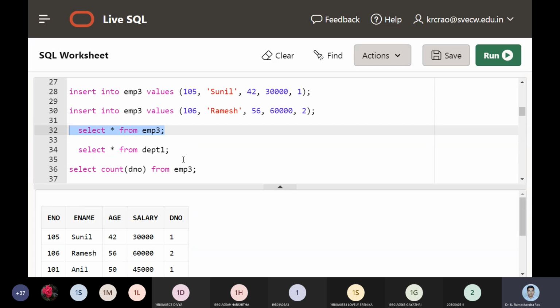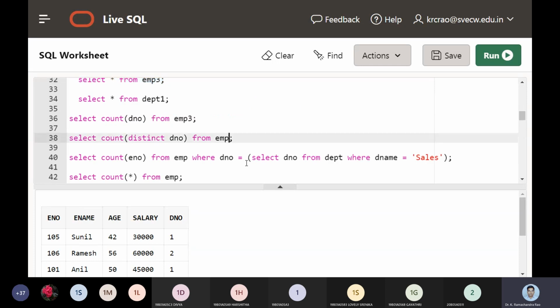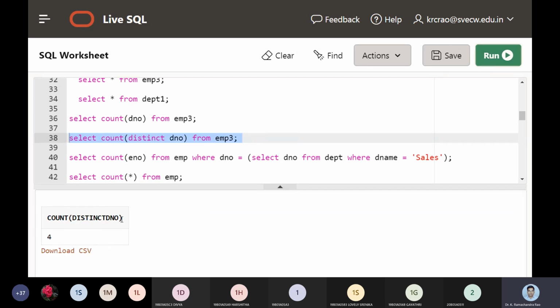So how are we going to get it? Select count distinct department number. We should expect 4 as our answer. Count distinct, then we get this answer as 4. Next one,